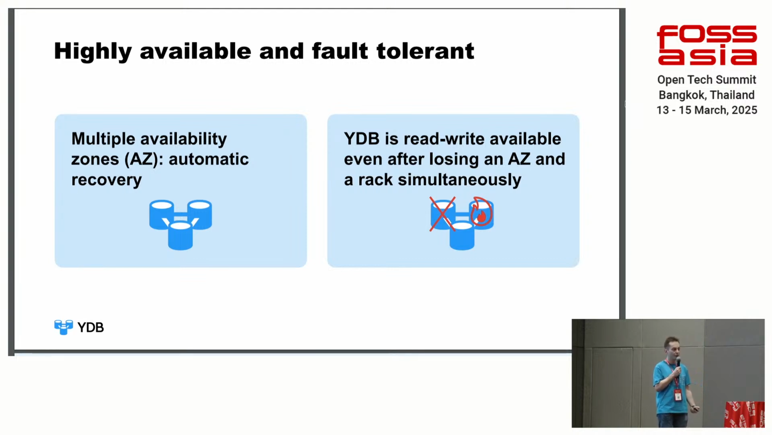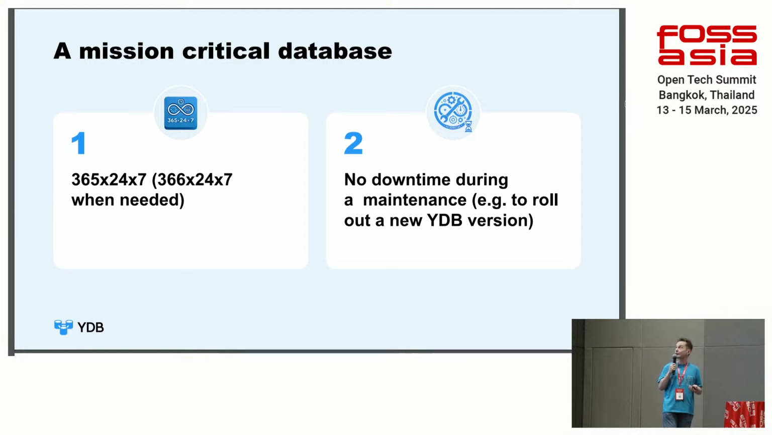Consider an example. You have a 3 availability zone setup. An availability zone is usually a data center. And one data center might be on fire. Another data center might be partially flooded. And in this case, YDB is still read-write available. And actually, it's not just a theoretical example. It's from practice. It might happen. And if you want your database to be available, you should choose a distributed solution because otherwise you would lose a lot of money. So we have no downtime for releases because of our architecture,